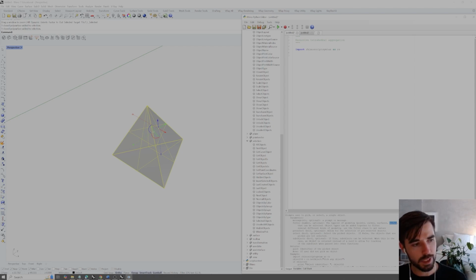You could also pre-select, so allow for pre-selection of the object. Select the picked objects, so if false, the objects that are picked are not selected. And then we have an option for sub-objects as well. So the main thing we want to focus on is just going to be this message input. I'm going to open this function by typing rs dot, and then we'll type the name, so getObject, open parentheses,